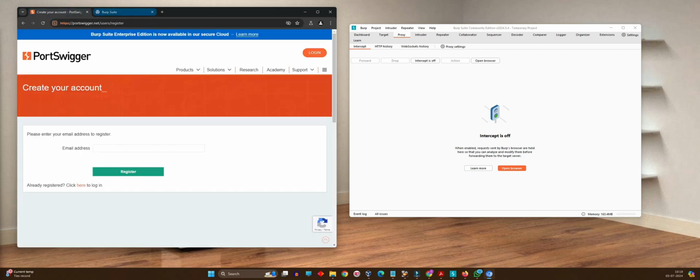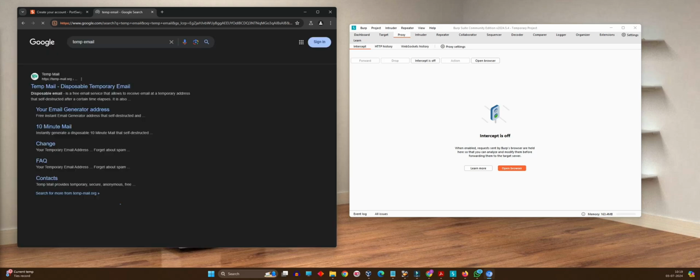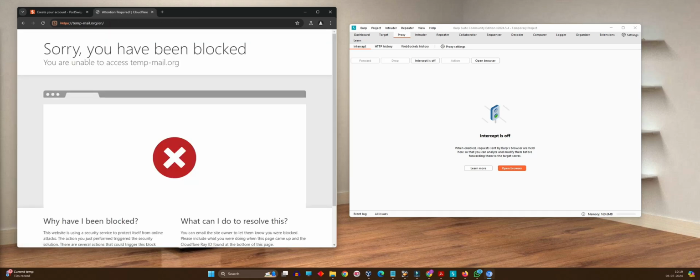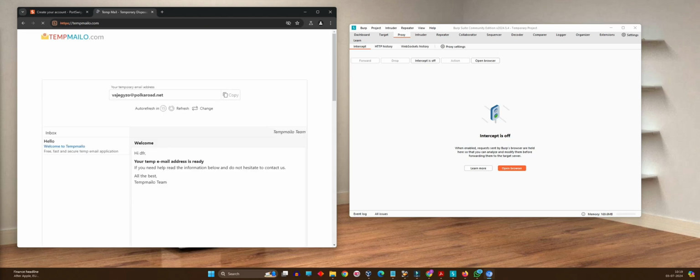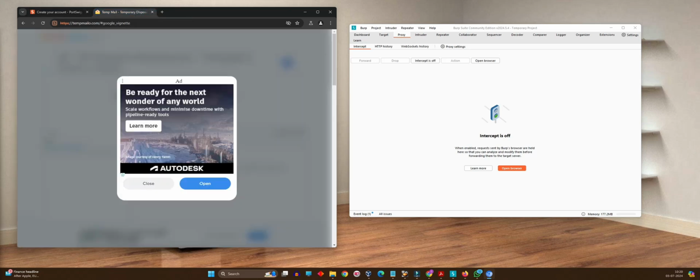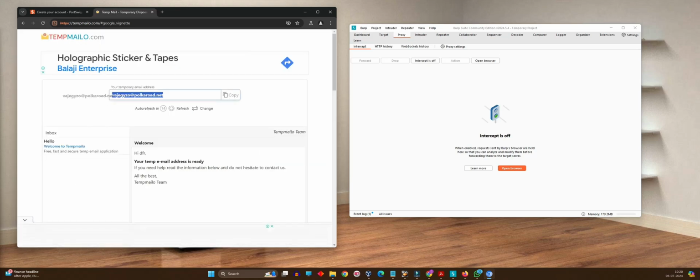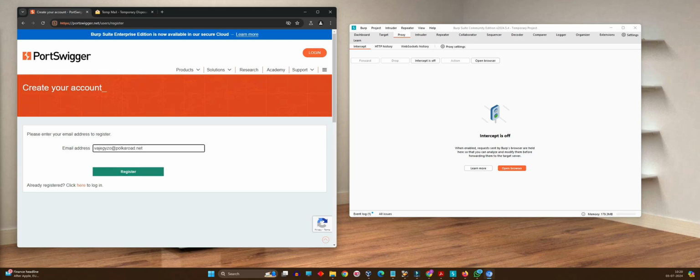Let me do one thing. I will create a temporary account using any temporary email generators. If it opens, any temporary email account should work. Yeah, so I hope you're following me. So those who have not yet created their accounts, they can simply use something like this, temporary emails. Fine, so let me use this email ID, copy this and paste it over here. Click on register. It will register obviously,